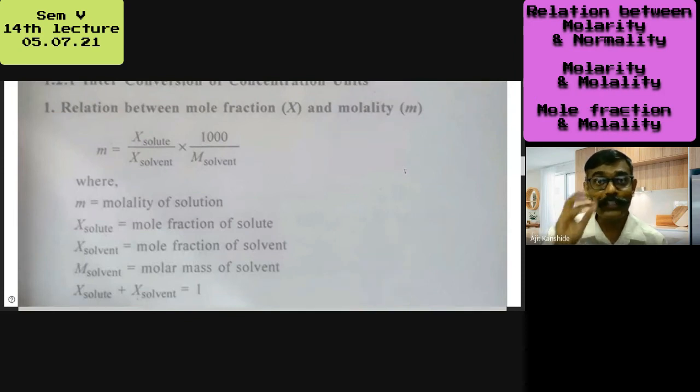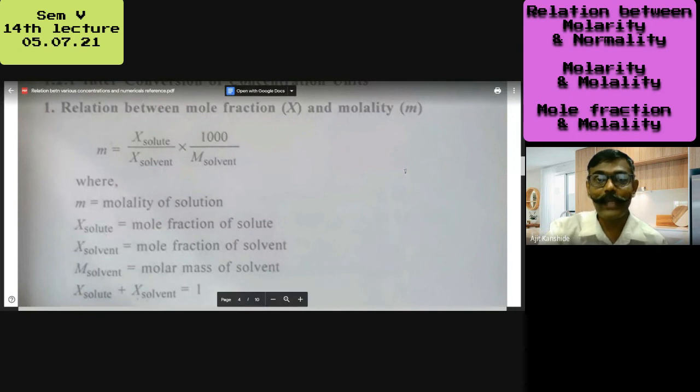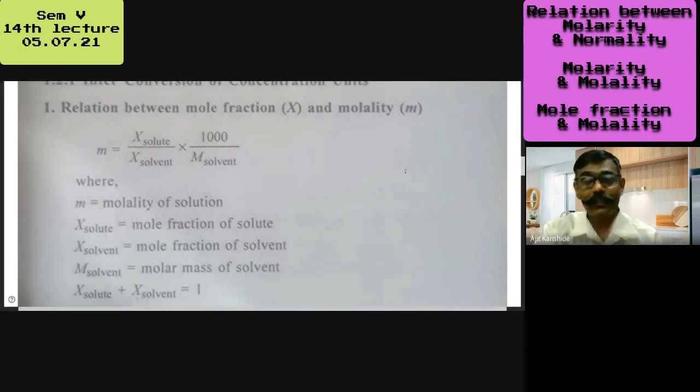Out of that, one is a known term for me. Molality is equal to the number of moles of solute, and I want this number of moles of solute. But below in the denominator, I expect the mass of solvent, and I don't have mass. I am here with the number of moles of solvent. Number of moles means number of bunches, clusters of Avogadro's number. That's the number of moles of solvent.